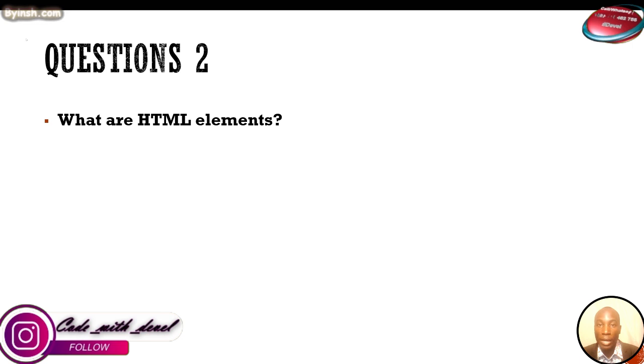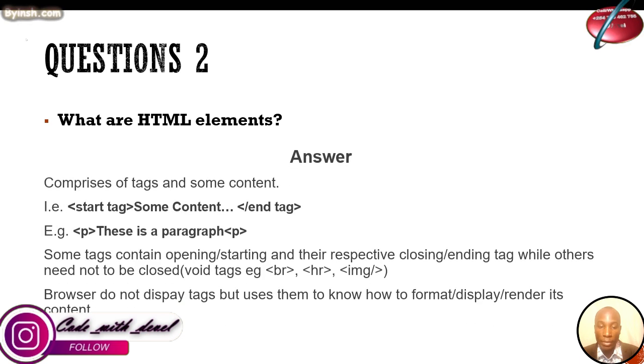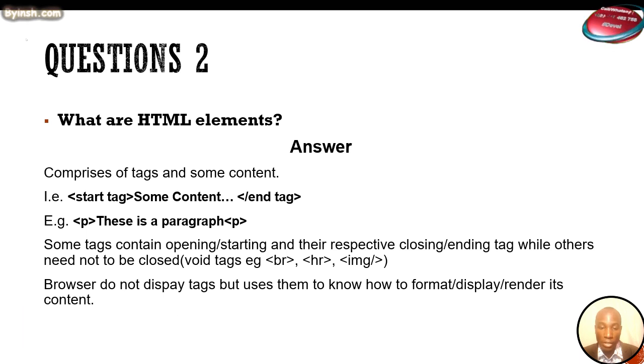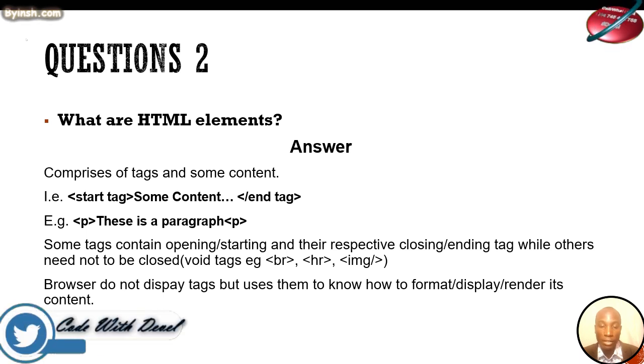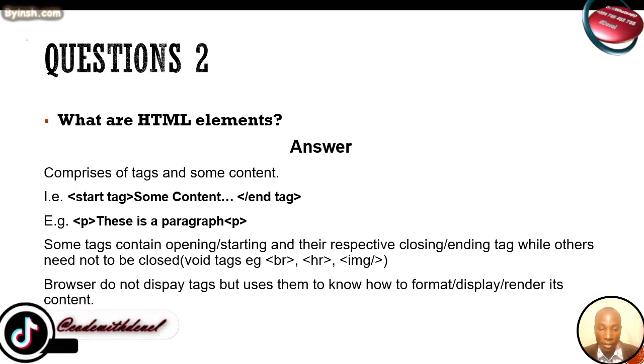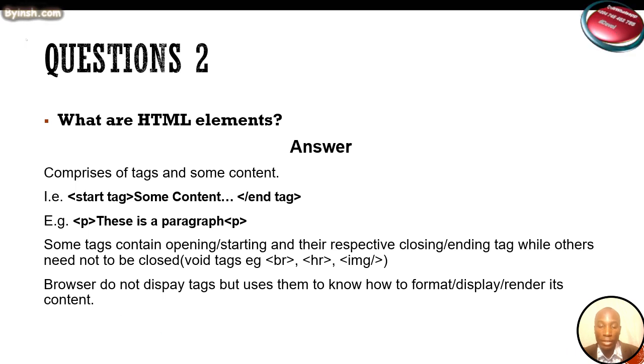Question 2. What are HTML elements? A quick answer is that they comprise tags and some content. Describe more about the tag: it has a starting tag and an end tag. Content will go between the start tag and the end tag, and the tag name should match in both cases. For example, a paragraph: the first p is the start tag and the last p is the end tag. I forgot to add a forward slash. And this is a paragraph is the content that will be visible